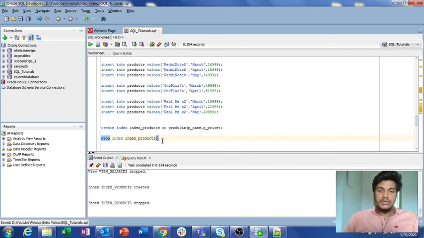It won't use any index, and it will take a lot of memory consumption and a lot of comparisons if it goes through the complete SQL table, which has millions of records. So this is the advantage of having an index in SQL.